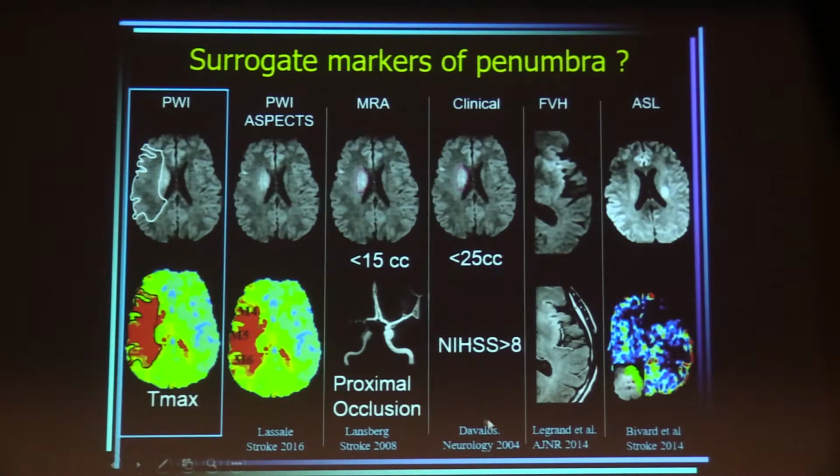This idea also was published very early, more than 15 years ago, but it's coming back to fashion, so I'm going to explain that to you. This is the idea of a clinical diffusion mismatch. The clinical diffusion mismatch means that on diffusion there is a small infarct, but the clinical deficit is severe, more than 8 or more than 10. If the clinical deficit is severe and the lesion is small, then there must be a penumbra, and then there must be tissue to be saved. And I will show you in 1 second why this mismatch is important. So remember the clinical diffusion mismatch.